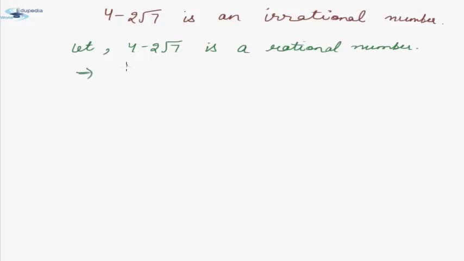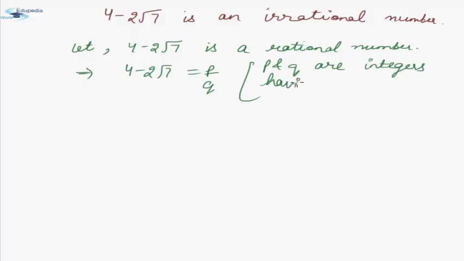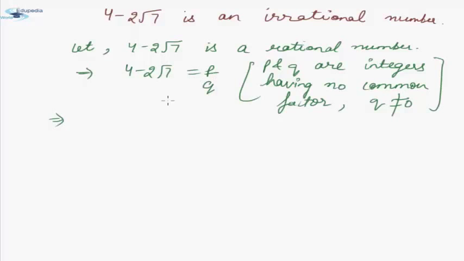Therefore, we can say that 4 minus 2 root 7 can be expressed as p by q, where p and q are integers having no common factor, and q is also not equal to 0. So we can modify this equation 1 as 4